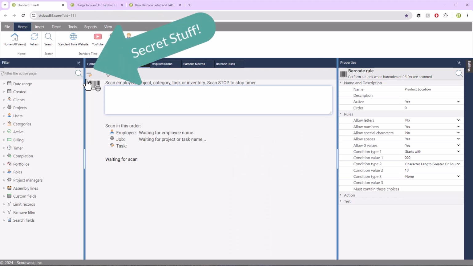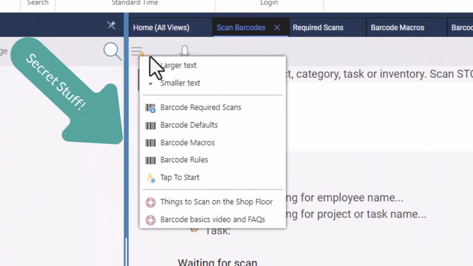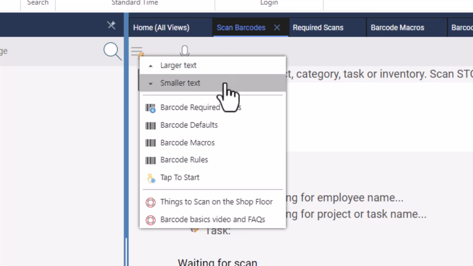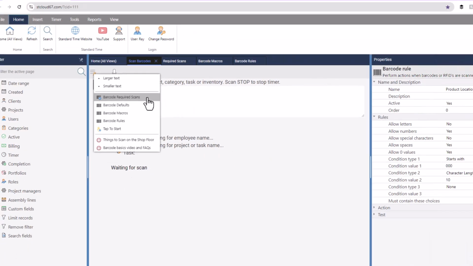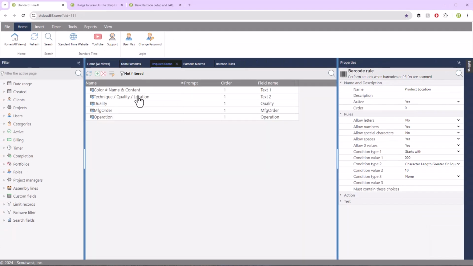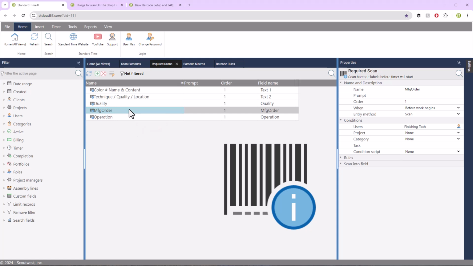Now, there's a little menu up here that allows you to do some other things. One thing is to make the text larger or smaller, but I wanted to focus on the ones that are below this. And the first one is barcode required scans. I'm going to click on that. That opens a new page that allows me to create a completely new scan to collect additional information on the